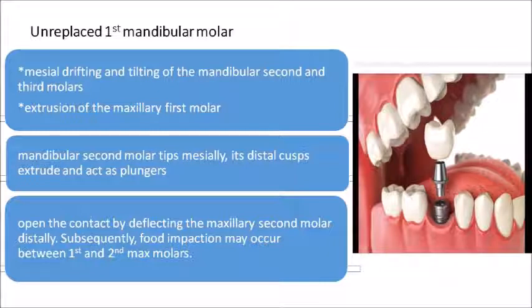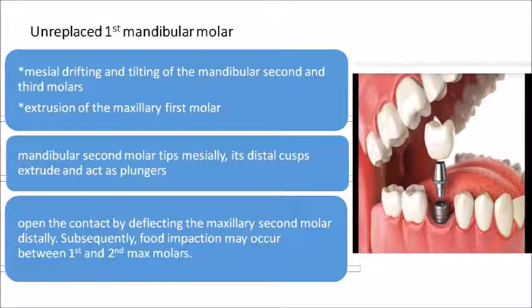Finally, it is not just your improper techniques that will cause iatrogenic damage. Not doing what is warranted is also doing damage. For example, there is a missing mandibular first molar, and not replacing this first mandibular molar will cause a sequel of events. This is very important. In this figure, you can see a missing molar. A treatment possibility of an implant is depicted there. You can ignore that.